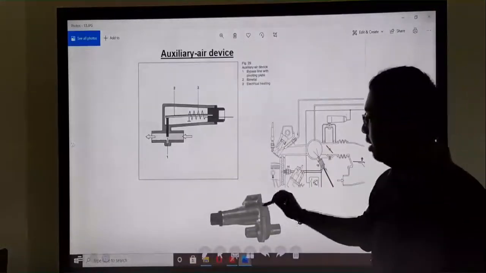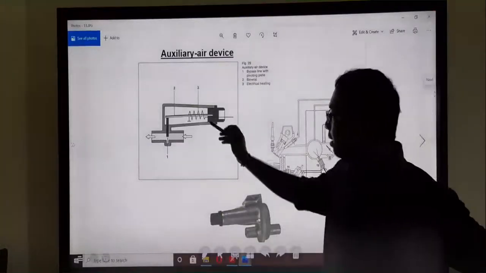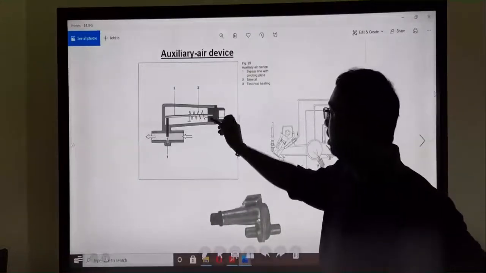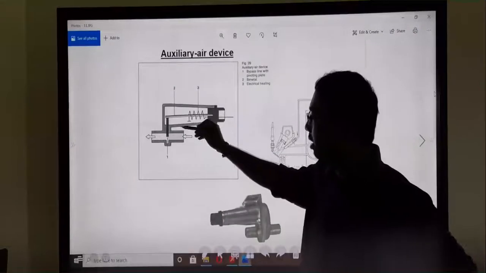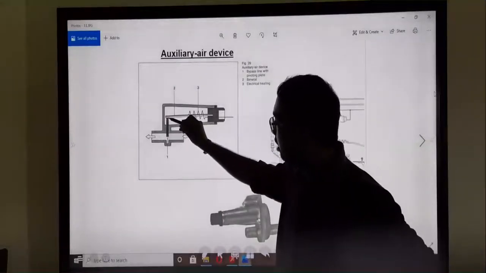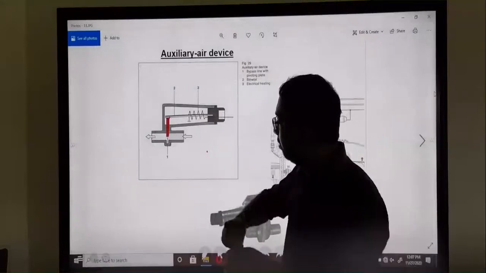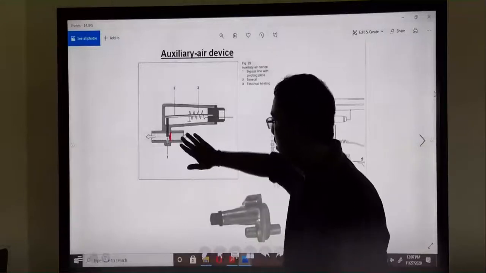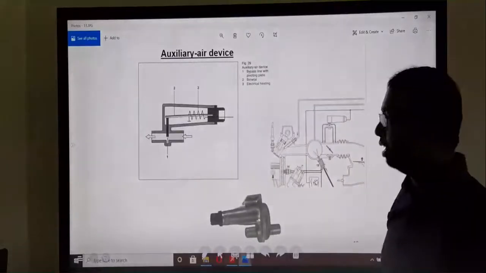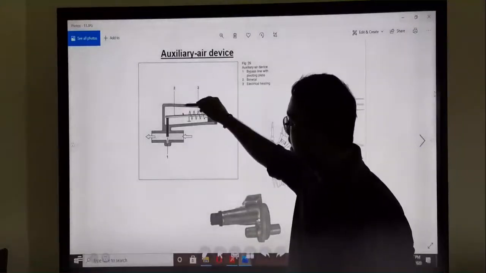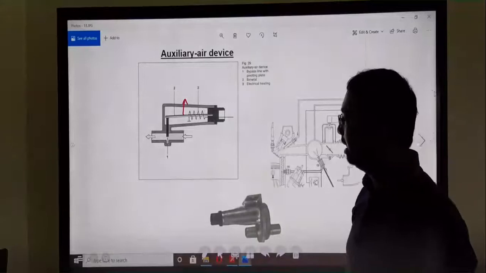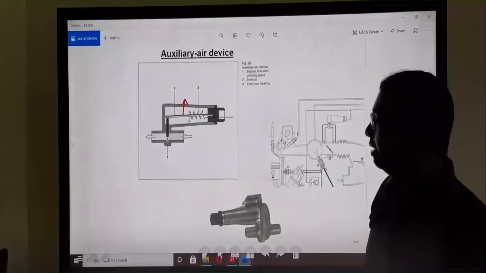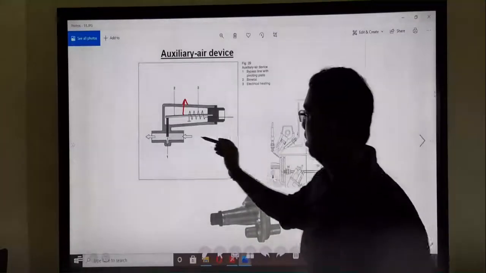The auxiliary valve is like this. Actually, this is also the same, because of this bimetal. Okay, there is a bimetal with electrical heating. Because of the heating, this metal closes the path. This is the path. This can close, fully close. That time there is no cold working. When cold starting, this bimetal starts to move like this. So this passage gradually opens. Okay.